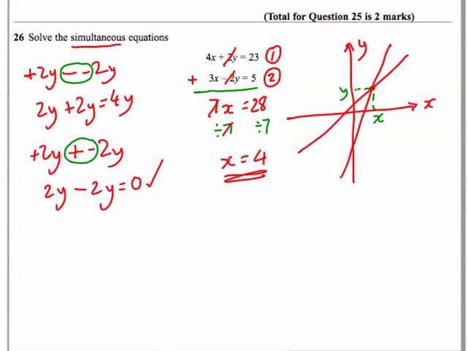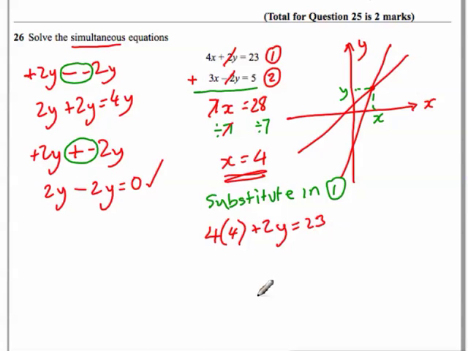So I'm going to write down substitute in equation 1. And if I do that, I get 4 times x, well, x is 4, 4 times 4, plus 2y equals 23, and 4 times 4 is 16, so I've got 16 plus 2y